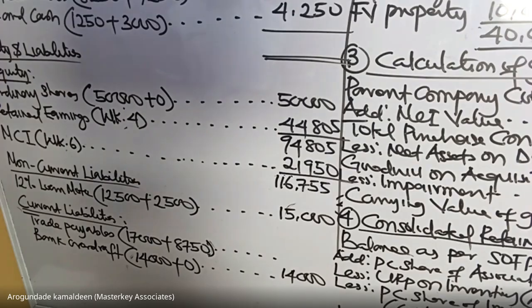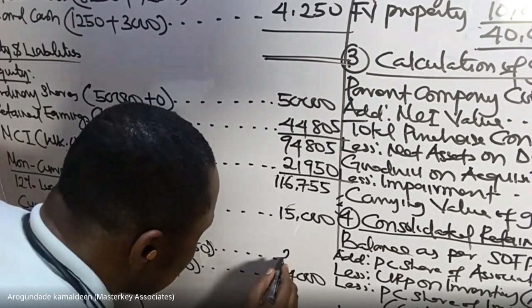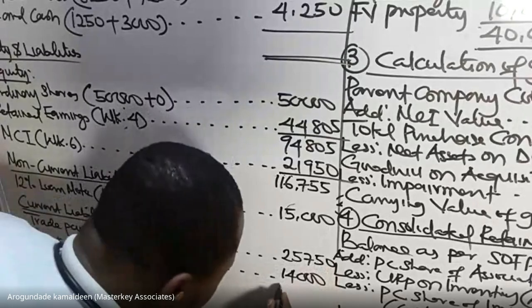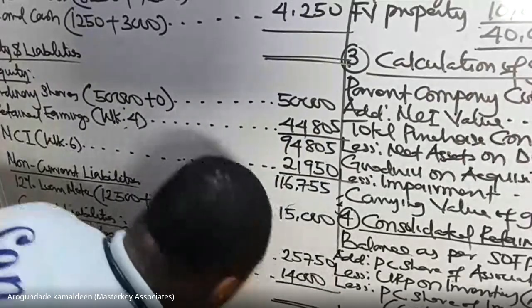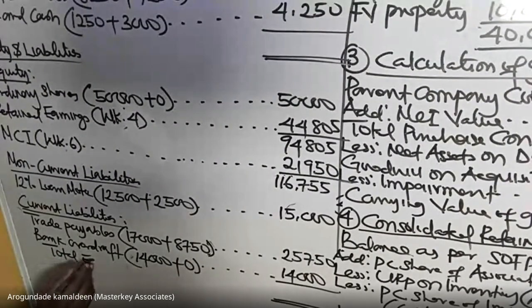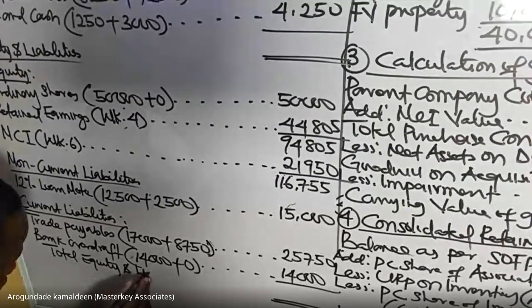It's 25,750. 25,750. Thank you. Okay. Total equity and